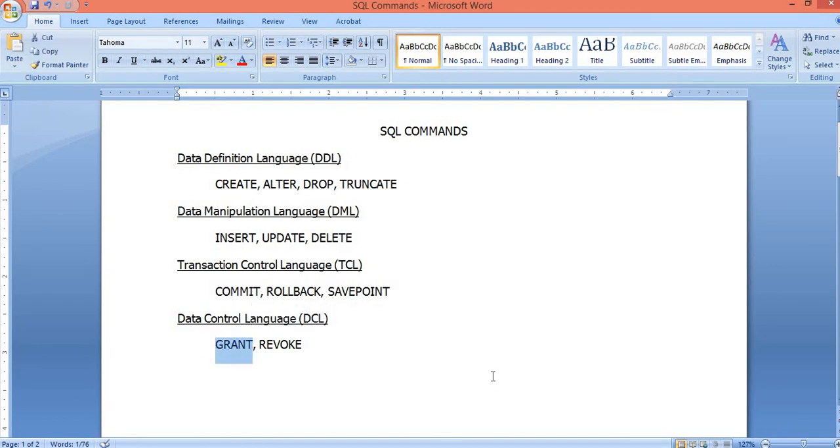The GRANT command is used for giving privileges to users, and the REVOKE command is used for taking back privileges. Once you have given some privileges, but after some time you want to get them back, then you give the command REVOKE. So for granting a privilege, GRANT, and for getting back the privilege, REVOKE. With this our session ends.